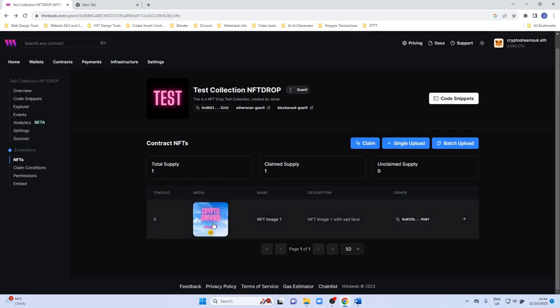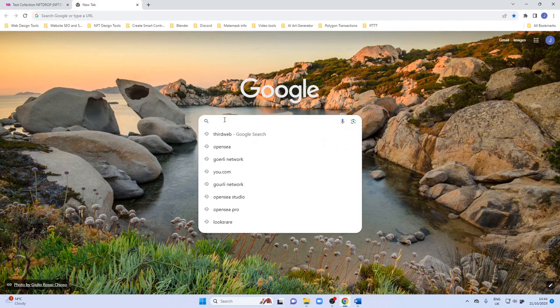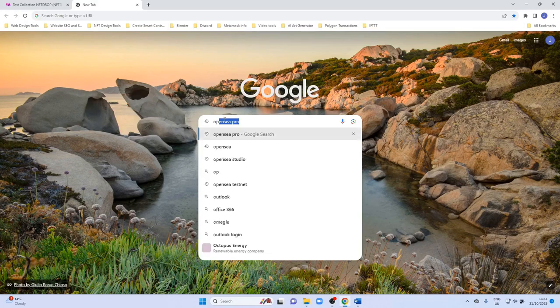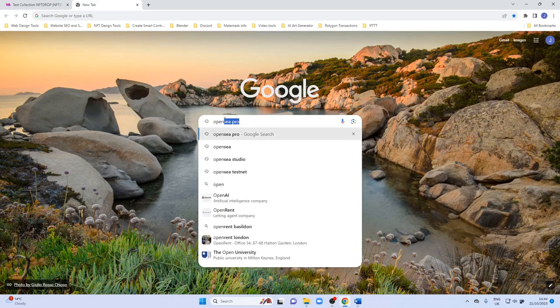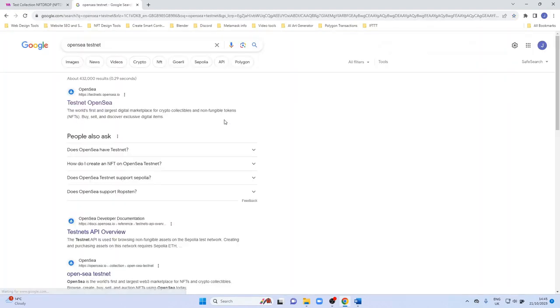Okay, so what you really want to know is what happens with this, because obviously you can't stay in Thirdweb, because you want to see this on an NFT marketplace. Well, the good news is you can. So let's head over to OpenSea. Because we're using a test network, it also means we need to view this asset on the OpenSea test network, or what they call the testnet. So if you type in OpenSea testnet,